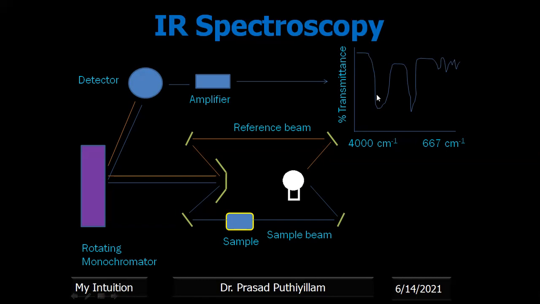So if more light is absorbed, the peak will come down. If more IR radiation is absorbed by the sample, then with reference to the reference beam, the percentage transmittance decreases, and if the sample is not absorbing any IR radiation, then the transmittance is increasing. So we can observe this type of peak. This is just a rough sample peak I put here. It does not correspond to any molecule as such. I only drew a line like this to show that different peaks are obtained at different wavelengths, and those peaks correspond to different functional groups or different types of bonds present in the organic molecule.